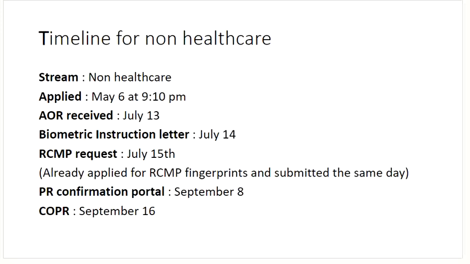And then he got the PR confirmation portal on September 8th, and on September 16th he got the COPR. So this is again another case for non-healthcare. Moving on to our